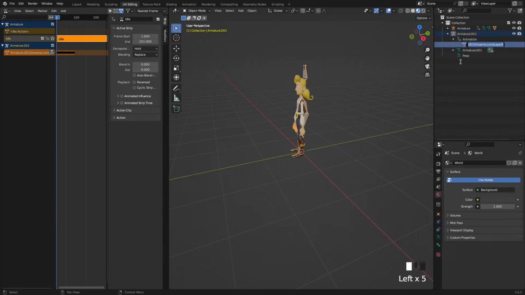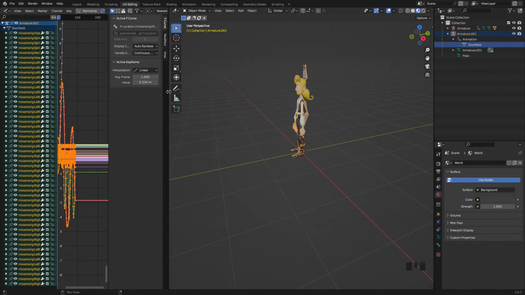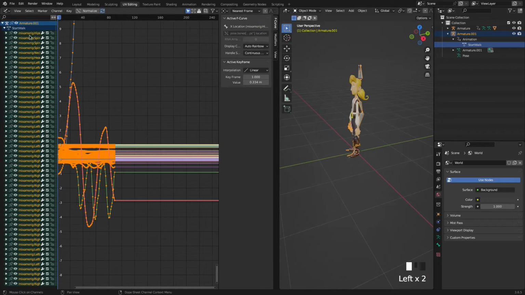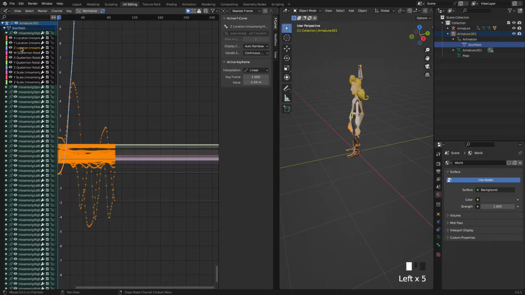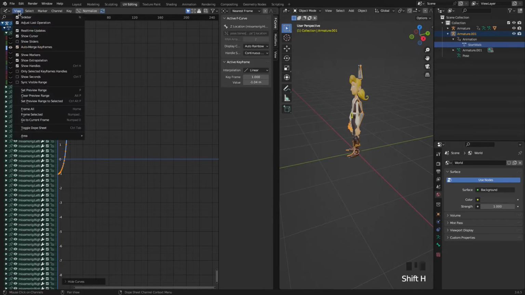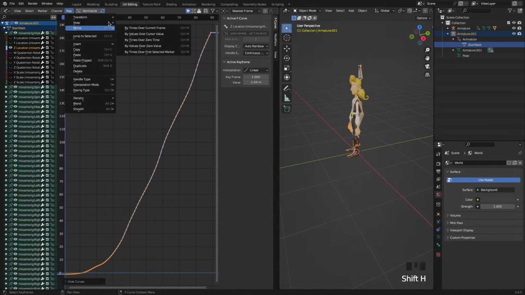This one is not in place, so we need to fix that. We rename the animation. We go to the graph editor. We select the hips and the Z location. With Ctrl H we can hide all other graphs. With View, Frame All, we can scale this graph, and with Key, Snap, Selection to Cursor Value, we make it